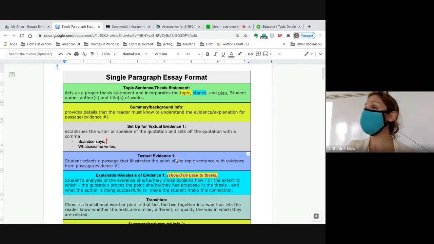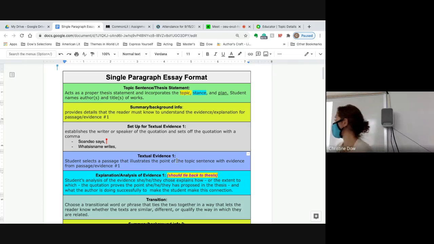Your explanation is where your analysis comes in. Your explanation of your evidence is where you connect to the thesis. So we have summary background, the lime-colored box. It leads down to the setup for the textual evidence. The setup for textual evidence leads directly to the textual evidence. You go down to the textual evidence. Once you explain it, you analyze it, you tell me, why is this important? How is it impactful? How does it prove the thesis? So that explanation and analysis of evidence, it reaches its arm up and points right to the thesis.